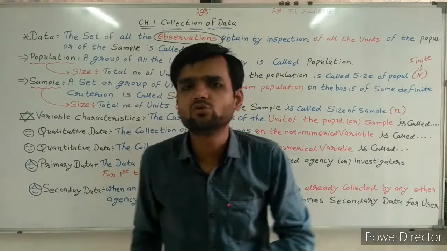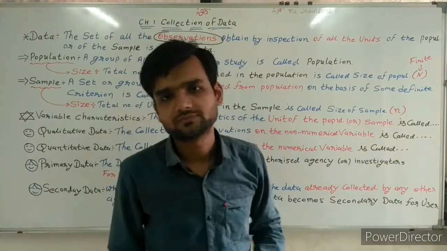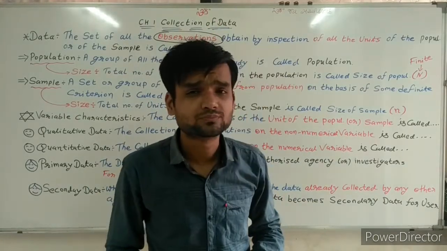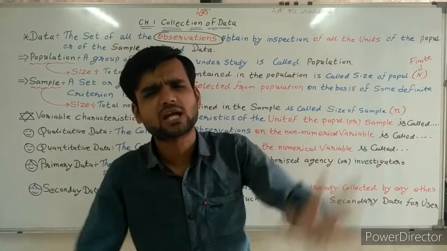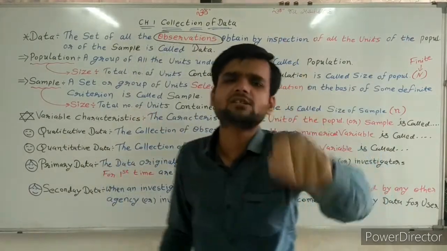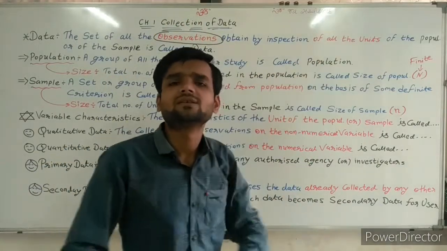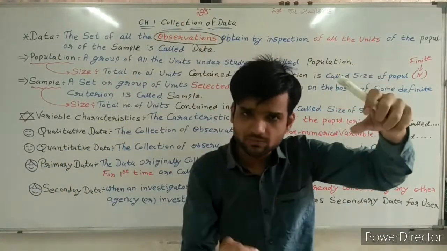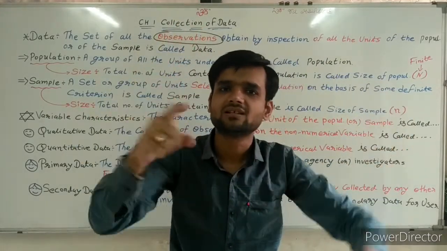But suppose I am giving you a task: how many students are in 11th commerce? Then what do you have to do? You have to go to accounts, English, economics, BA, whatever subjects are given. You have to go to each and every subject and then collect the data. So of all the units. In 11th standard, whatever subjects there are, you have to see all of them and collect the data.